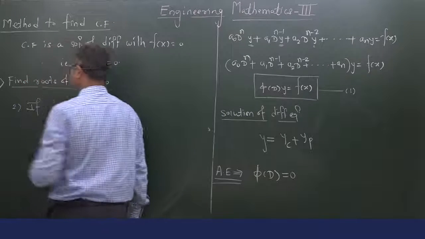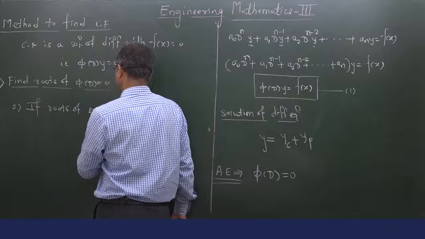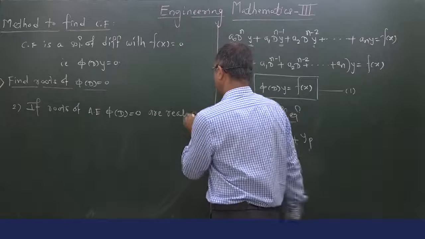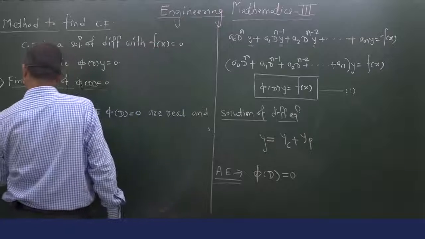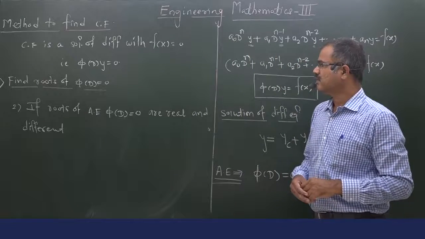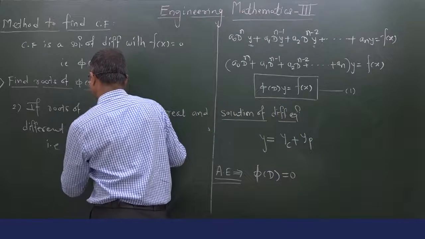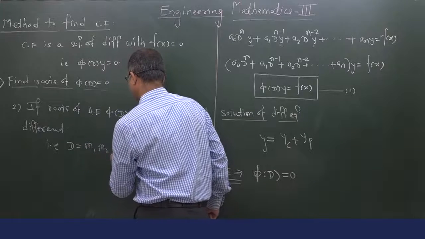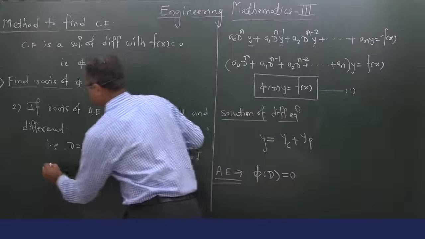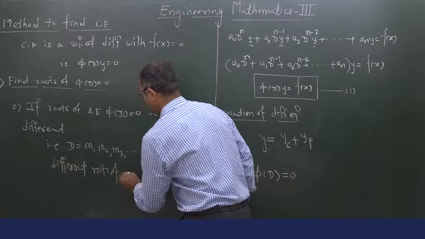Now if the roots of auxiliary equation phi of D equal to 0 are real and unequal, that is, suppose D equal to m1, m2, m3 and so on mn are real and different roots of phi equal to 0,